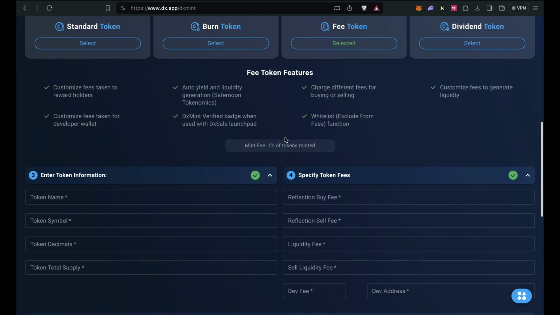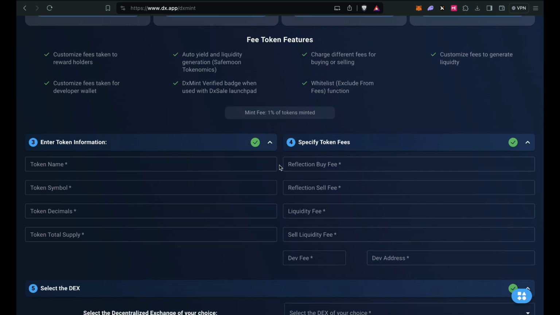Now let's move on to the fee token here. The fee token is pretty much like the burn token, but instead of sending tokens to be burnt, here we send them as reflections to the holders. So here you can set also different types of taxes for buys and sells. This is good because you want to encourage people to buy the token. So for example, you might only set 1% tax for buying, but you might set a 4% tax for selling. So you're encouraging holders to